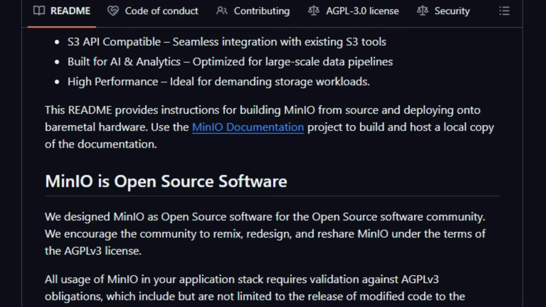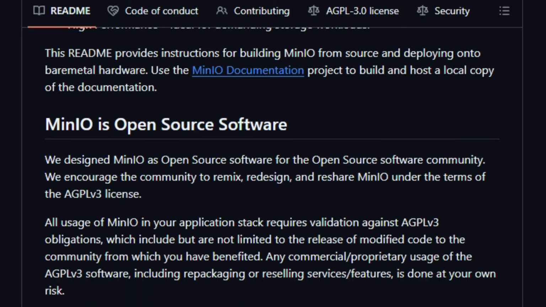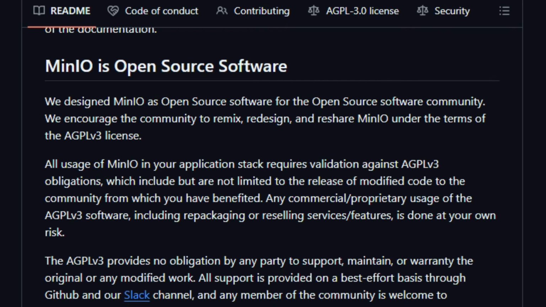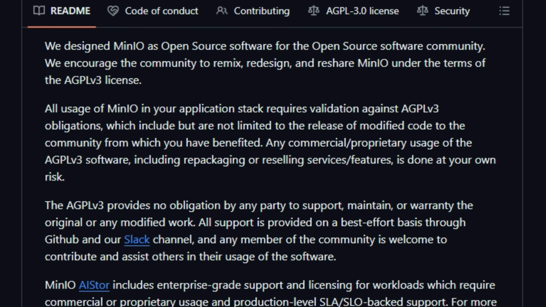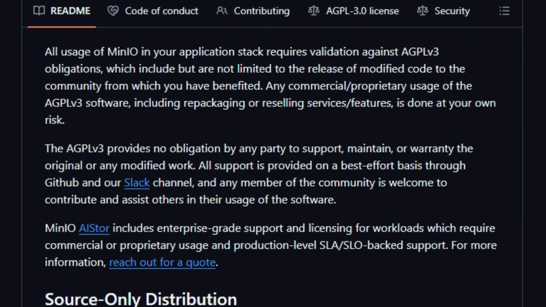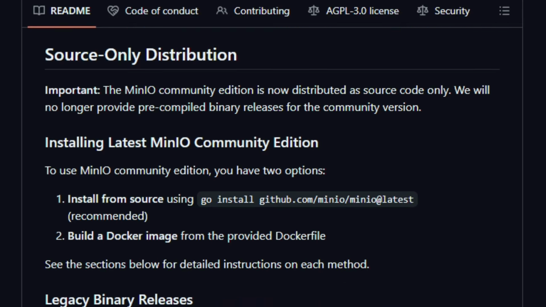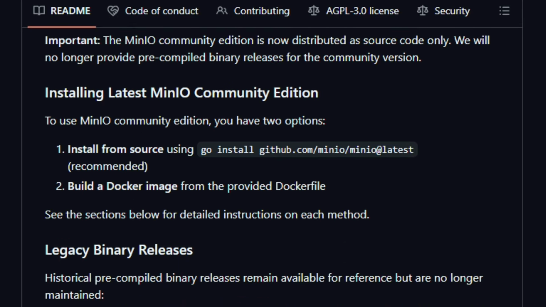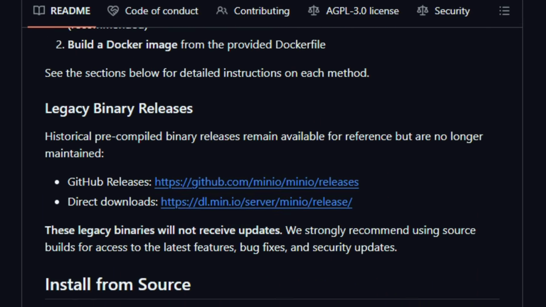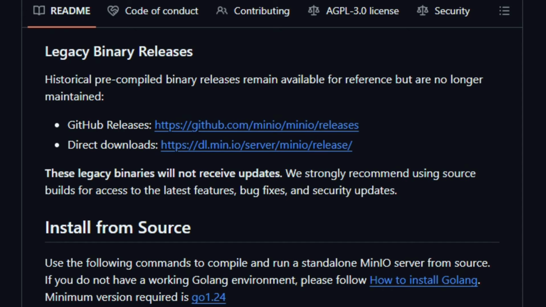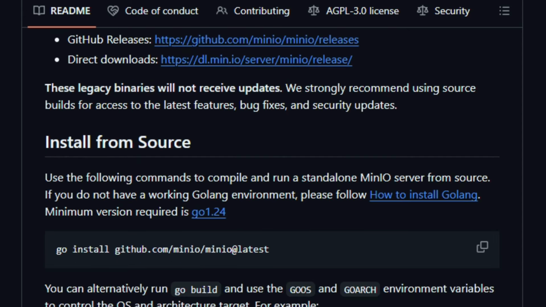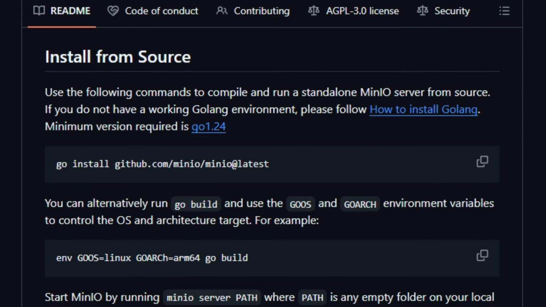Another standout feature is its high-performance nature. Despite being open source under the GNU AGPL v3 license, MinIO doesn't compromise on speed or reliability. It uses erasure coding, optimized I/O paths, and minimal overhead, so that when you're handling massive datasets, you don't get bottlenecked. MinIO also thrives in flexible environments, whether you're running on premises, in the cloud, in a hybrid setup, or